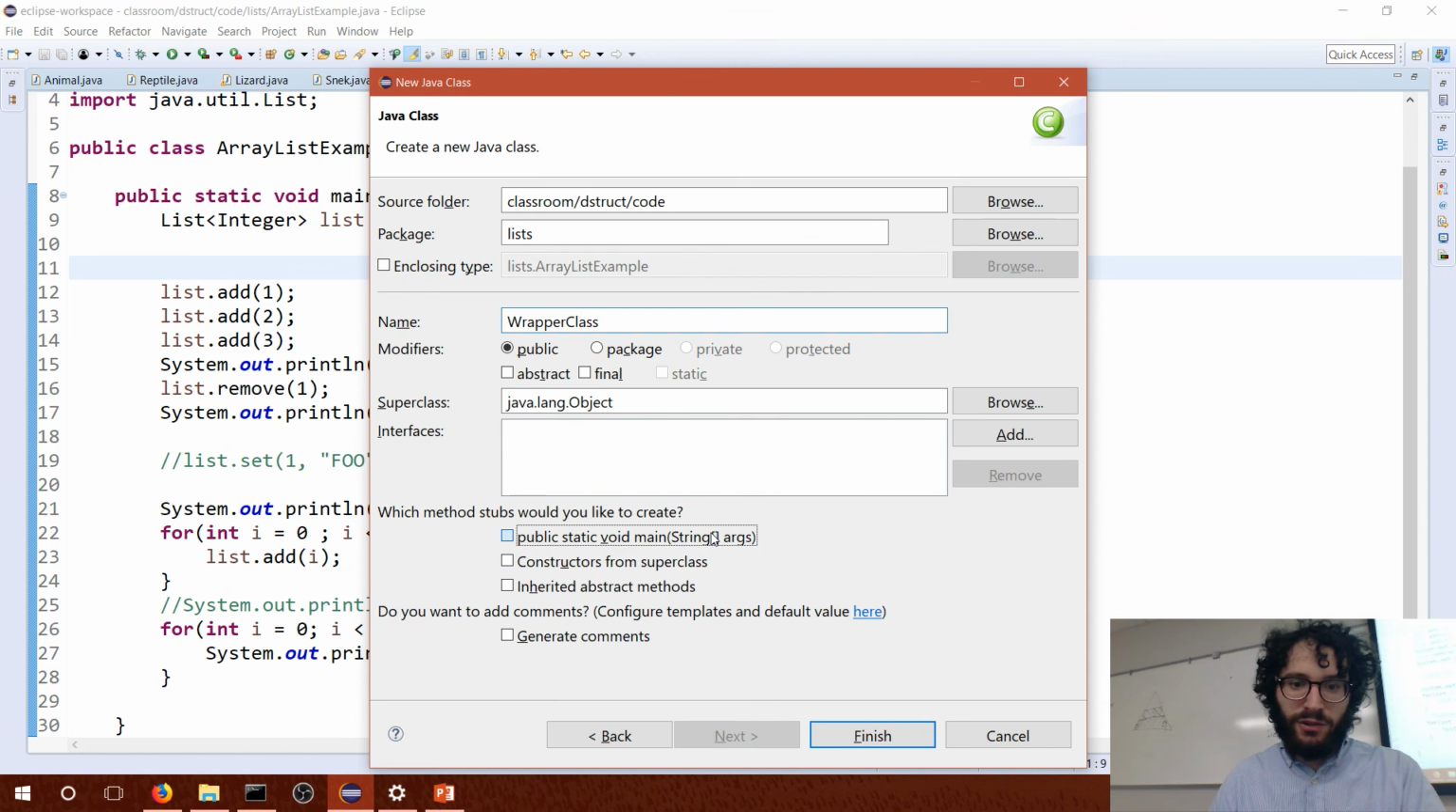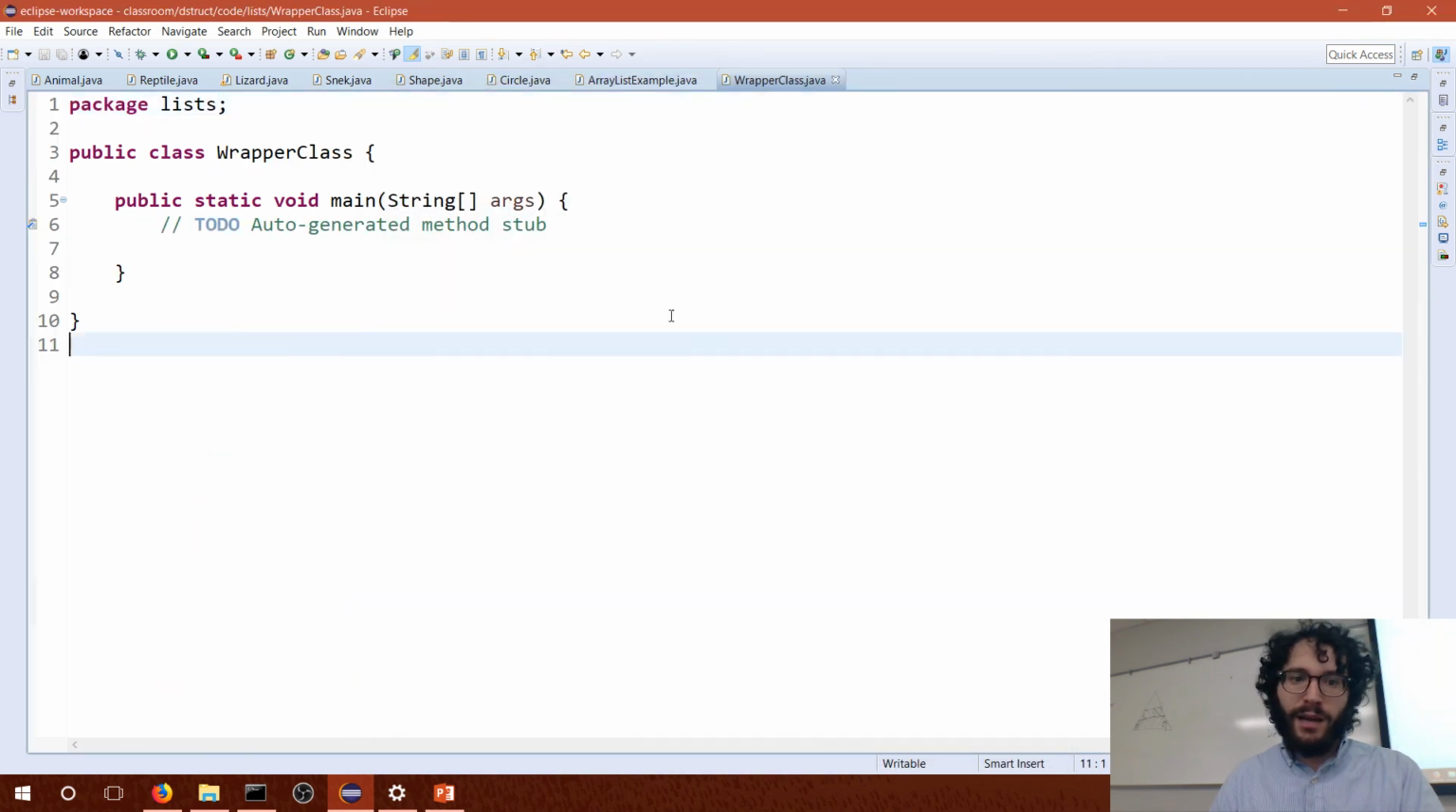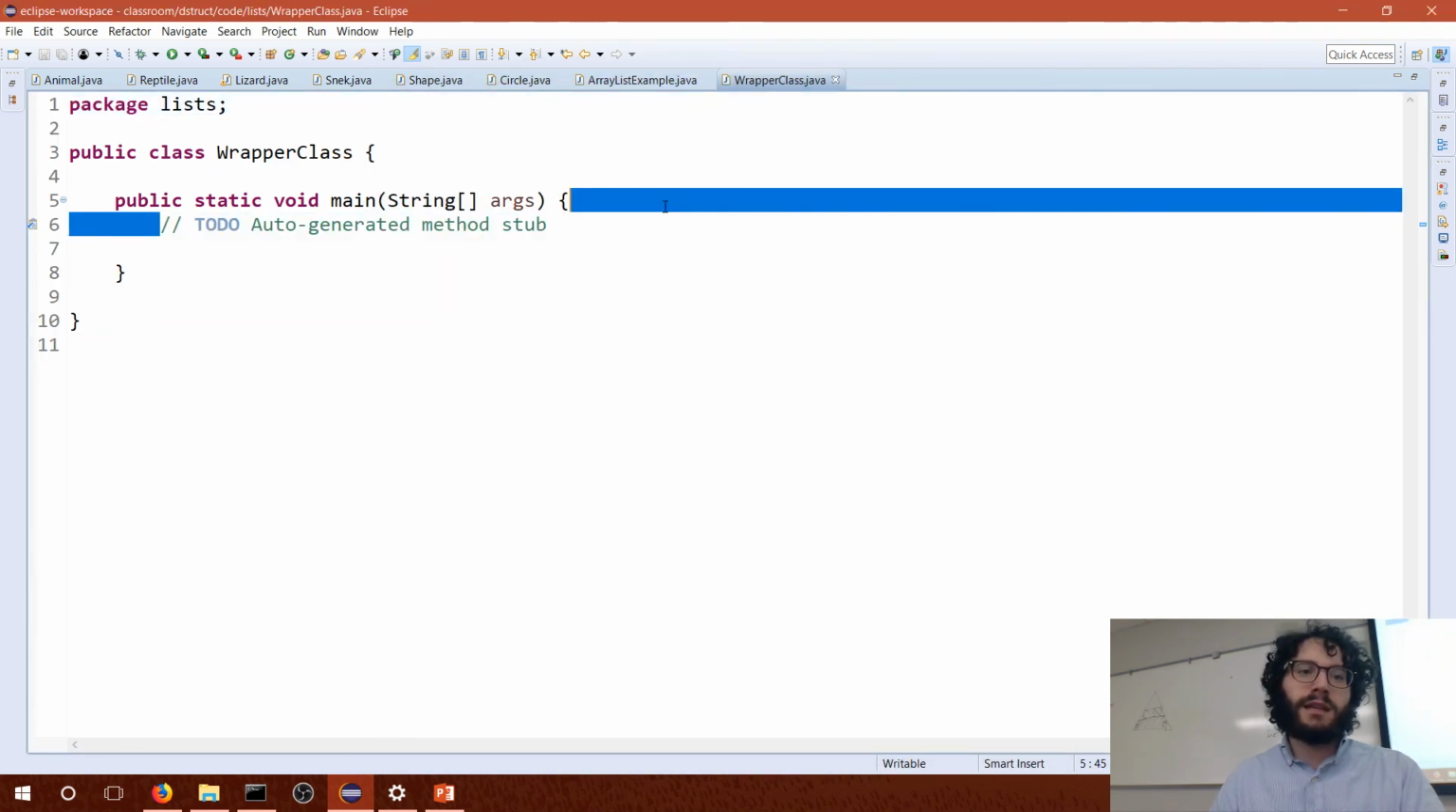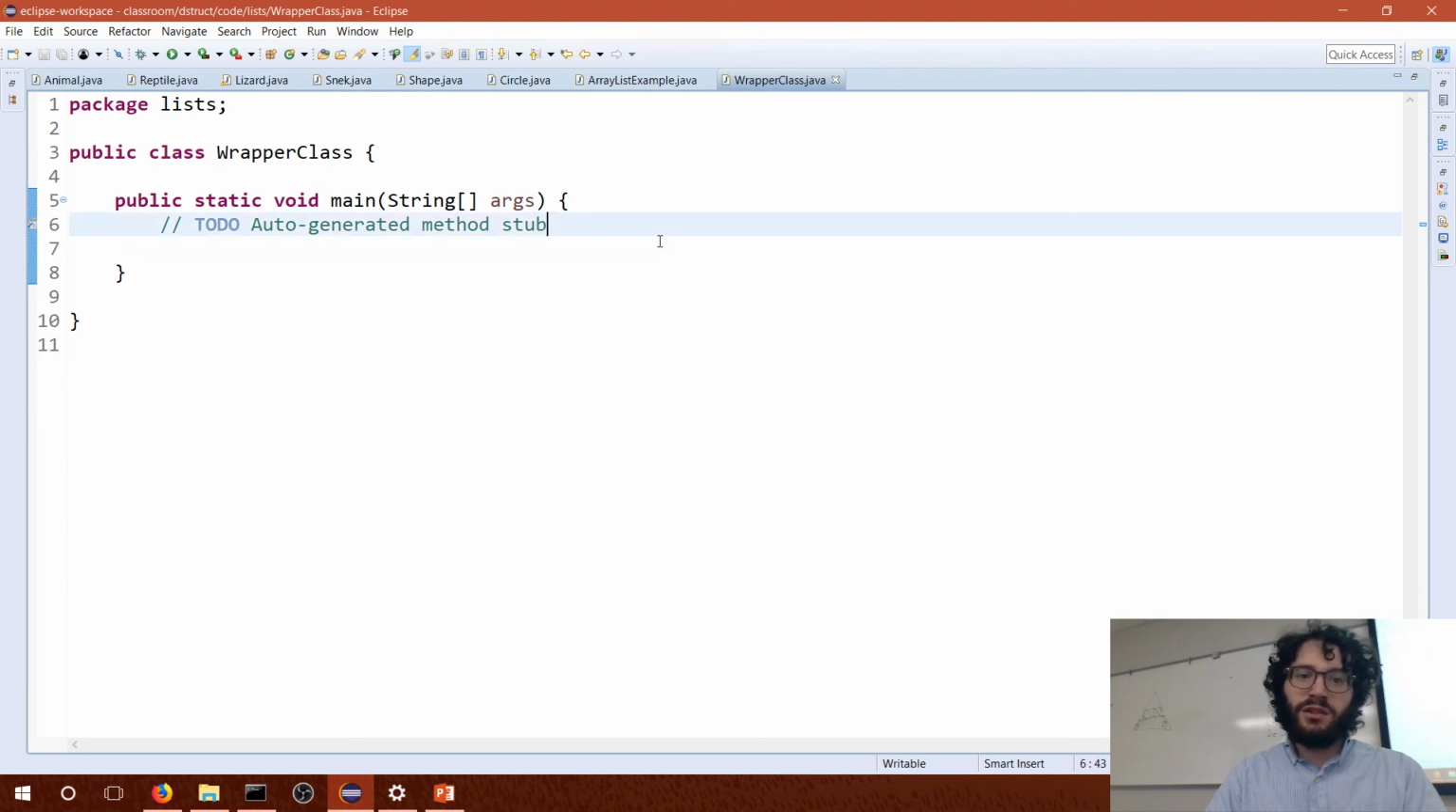So these are a special set of classes called wrapper classes. Sometimes we really can't just use a primitive. Everything in Java is an object except for the primitives. So int x is equal to 5. That's a primitive. That means that instead of storing a memory location inside of x, we store an actual value